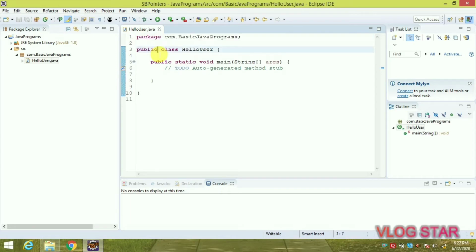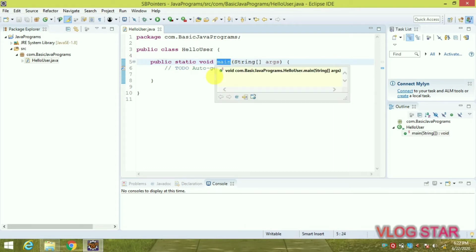In every Java program, there can be only a single public class, as its name should be the same as that of the class name. Now this is our main method. It is the entry point of any Java program, and our program starts executing from this method. And this is the syntax of the main method, that is public static void main. Now this public is the access modifier of the main method, and it has to be public so that Java runtime can execute the main method.